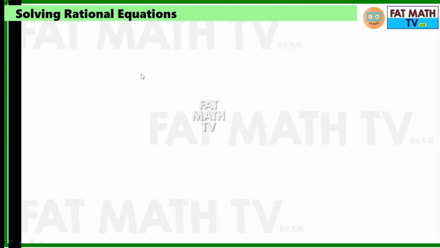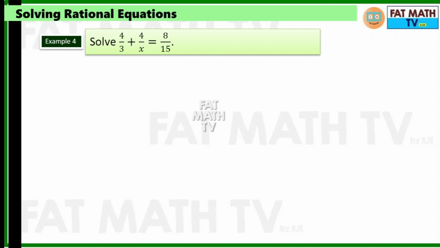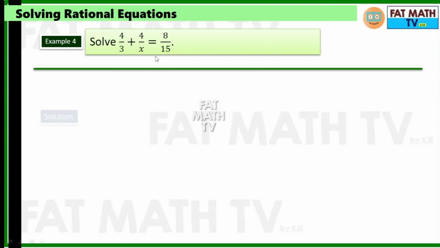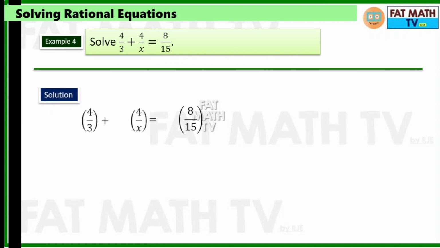Another example, example number 4. Solve 4 over 3 plus 4 over x equals 8 over 15. The denominators that we see here are 3, x, and 15. And their least common multiple is, for 3 and 15, 15, and then for x, x. So 15x. So multiply each of the terms by